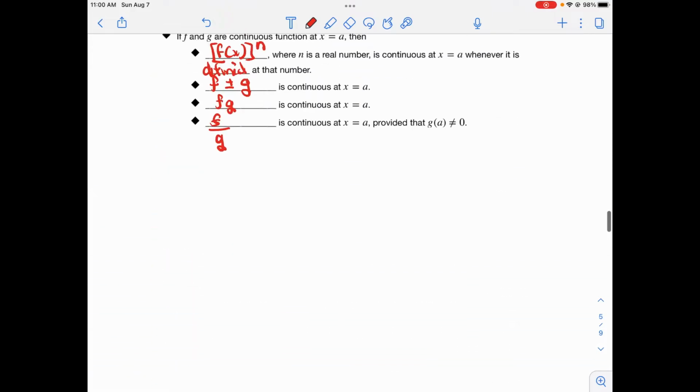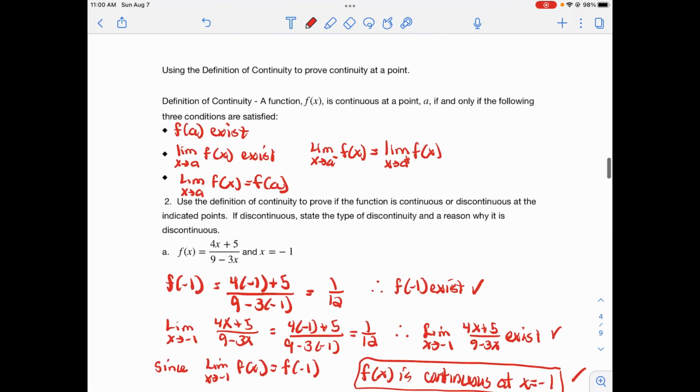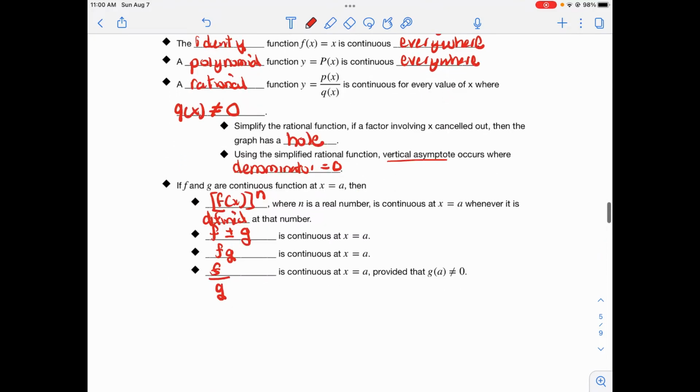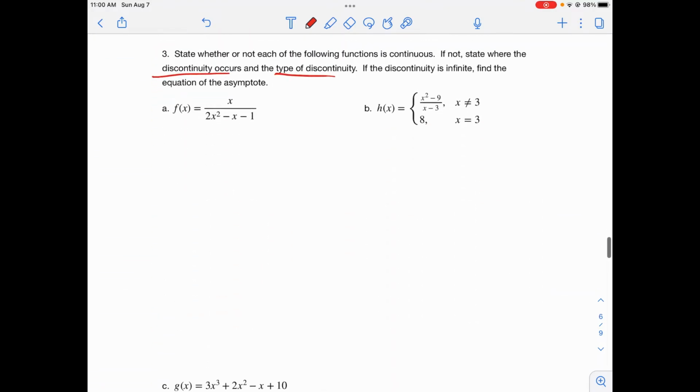Oh, I forgot to find the asymptotes from this other one. Here's our infinite discontinuity. So the equation of our asymptote is x equals 6. That's the equation of the asymptote, because here it is asking us to find the equation of the asymptote as well. All right, so